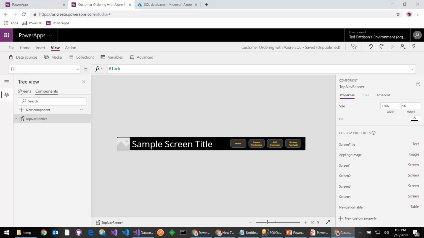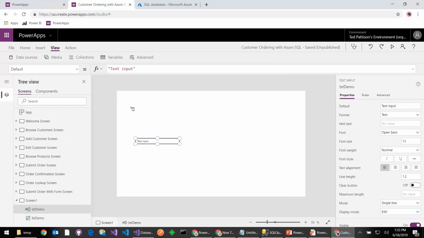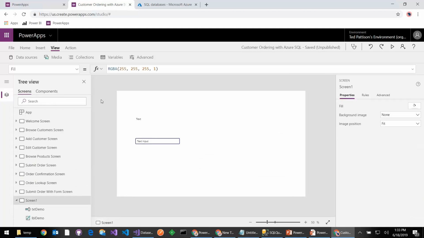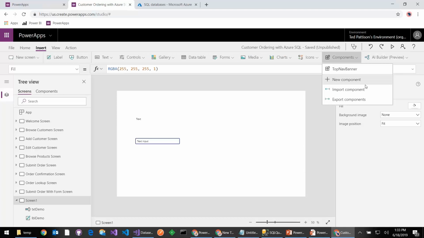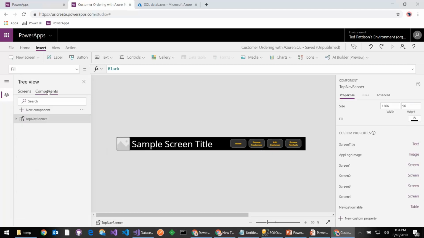Now, let's go back here and take a look at the different screens that we have. Let's say that I go to my last screen right here, that screen that I created before. Note that if I go to the Insert menu, at the very end, we basically have the different components, including the one I called Top Banner. And we'll go ahead and add that in. Note that when you add those in, you get to create the screen title. So one of the things that you'll see here is that as we create components, we get to define custom